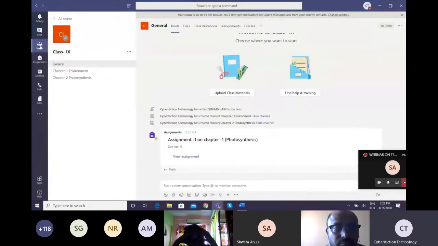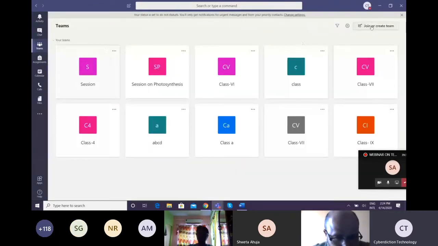The second thing is the team. Here the teams is a very important feature. What you need to do is create or form a team. So how will you do that? First of all, you have to go back and then you have an option of join or create team. Fine. So make sure you note down whatever queries you have in between, so that later on when I give time, you can ask one by one.